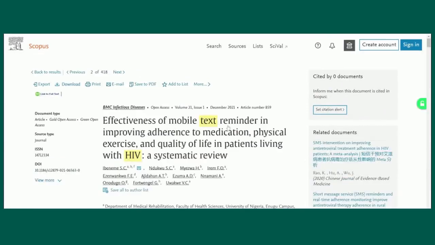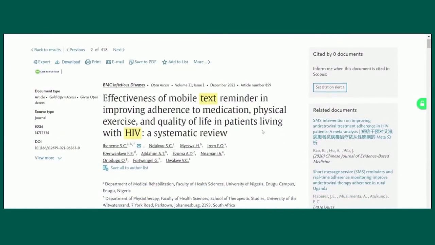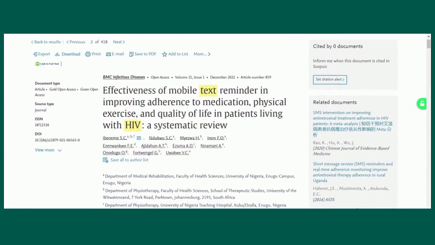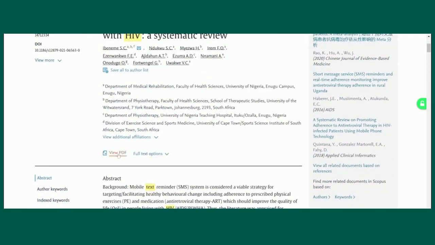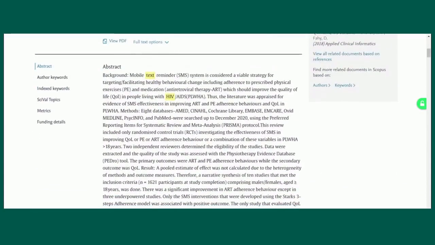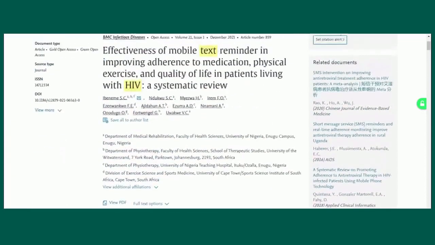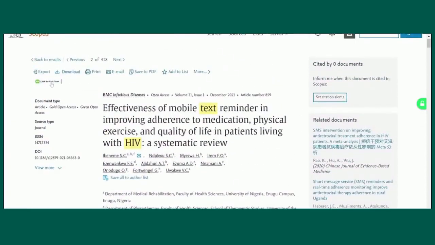Let's hop into an article and review how to retrieve full text from Scopus, as it is a citation database. Choose an article that you'd like to read. Once you're in that article, you will see full text options. If you do not see an option to view PDF, you can choose the 360 link to full text option. If Wayne State has access to that article, you will be redirected to the full text. If not, you will be directed to request the text from our interlibrary loan department. They are generally able to retrieve articles pretty quickly, and within a few days you will be notified that the article has been uploaded to your library account.